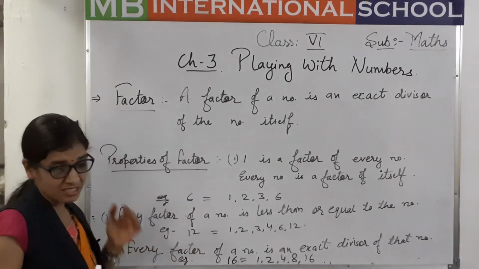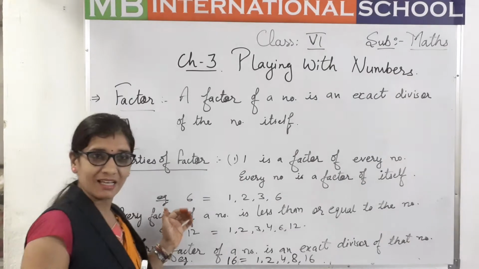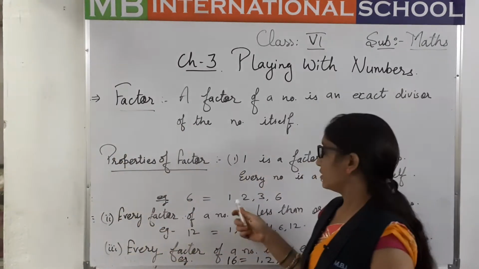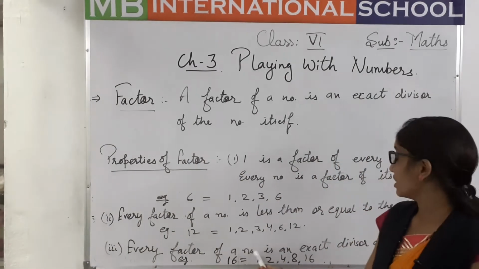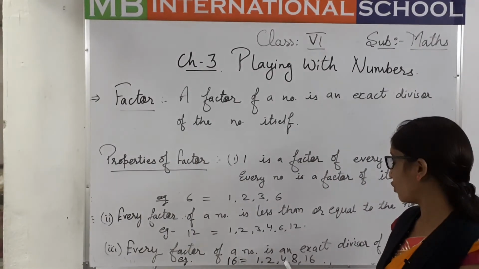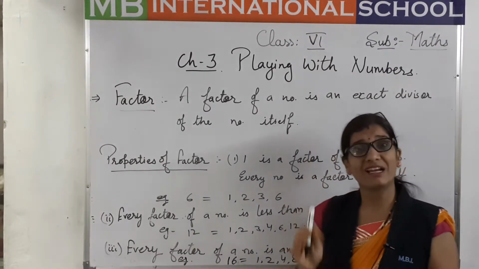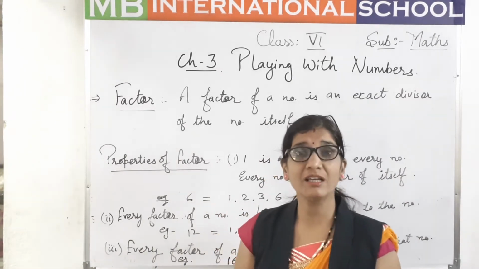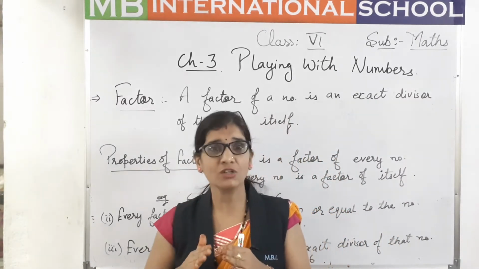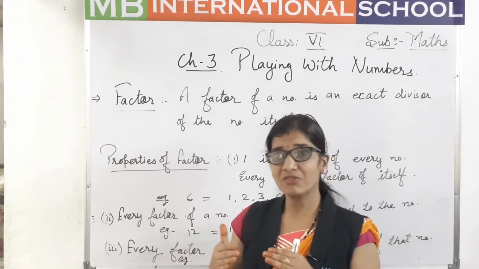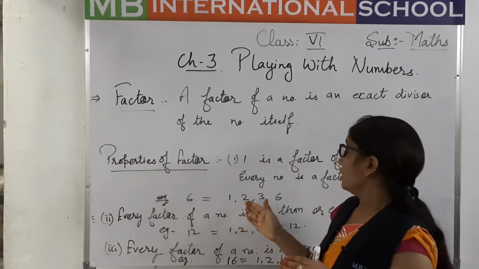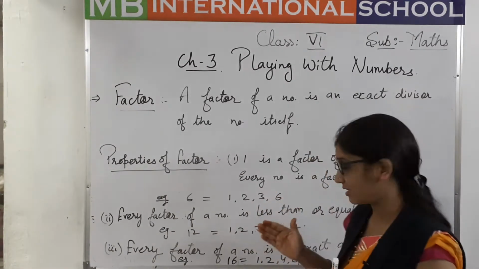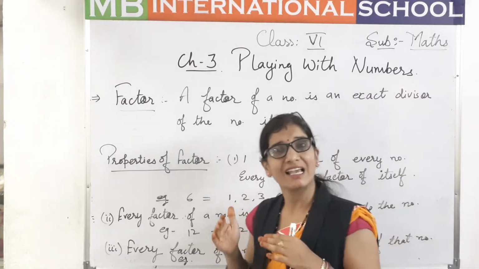Now one more property is the number of factors. Here we have taken the example 16. 16 has the factors 1, 2, 4, 8 and 16. So we can say the factors are always finite, they are not infinite. It means कि factors finite होते हैं, एक लिमिट तक होते हैं, यानी वो नंबर तक ही होते हैं, उसके आगे नहीं होते हैं. For example, here we have taken 6. The factors are 1, 2, 3 and 6, and not above that. 6 is the highest factor of 6. So we can say it is the exact divisor.